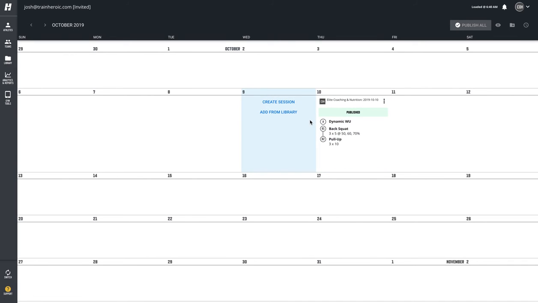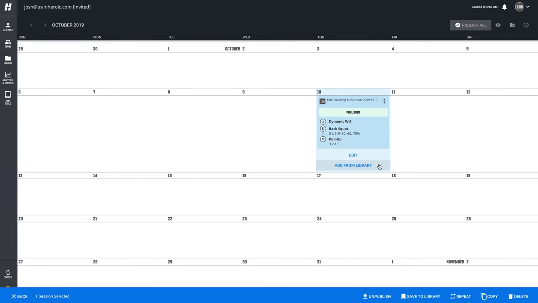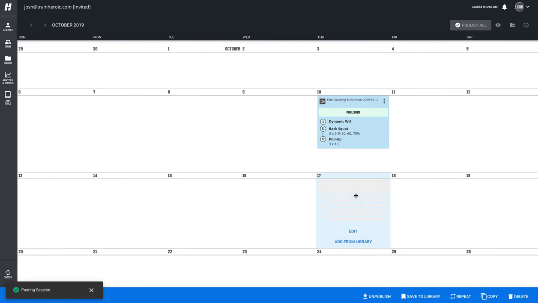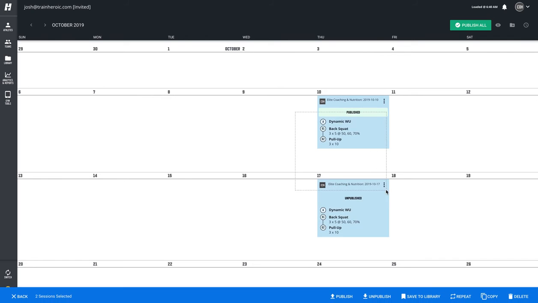So I'm going to do two things here. I'm going to actually highlight this session. You'll notice there's the option to copy. I can use my keyboard too. We might repeat this next week. I can batch, highlight, and copy. And the reason I want to do that is I want to show you that if I go into my library,